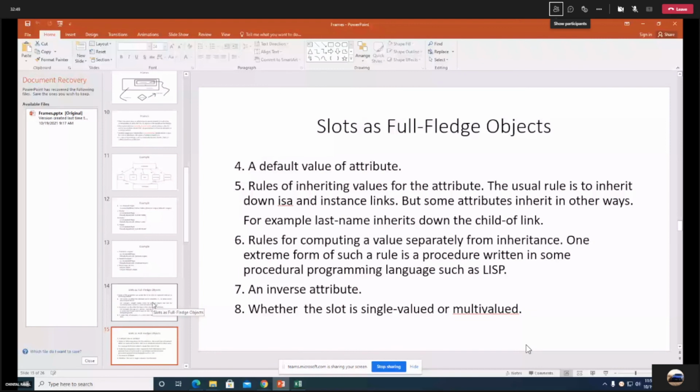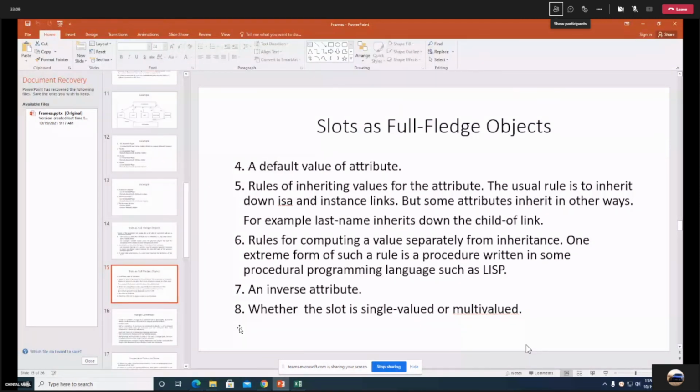We need to compute some value from inheritance, that is, the rules of inheriting. Parent-child link is also needed. All these 8 things we are lacking until now to make our slot a full-fledged object. But now we can do that.